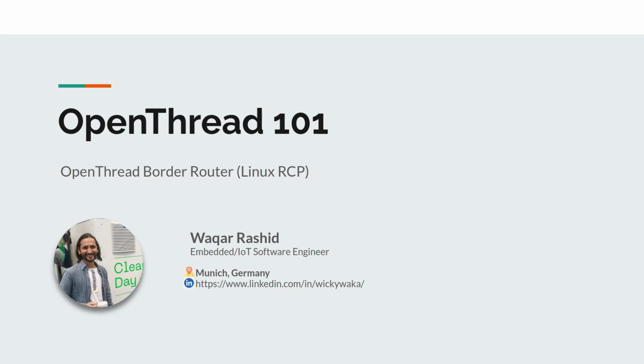Hello everybody, welcome to part 11 of the Openthread 101 series, and in this part I will show you how to run the Openthread border router on your Linux machine. In this case I'm using an Ubuntu 22.04 machine. So we will just run the border router on this machine and connect